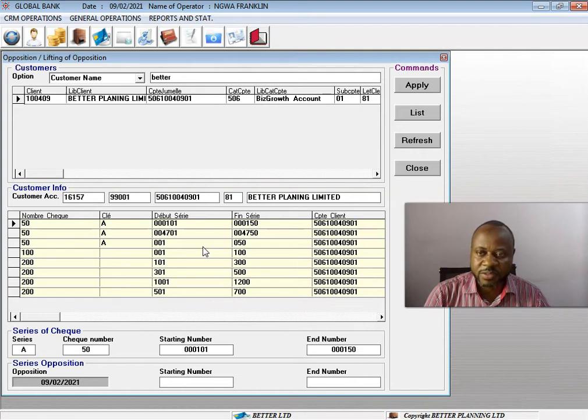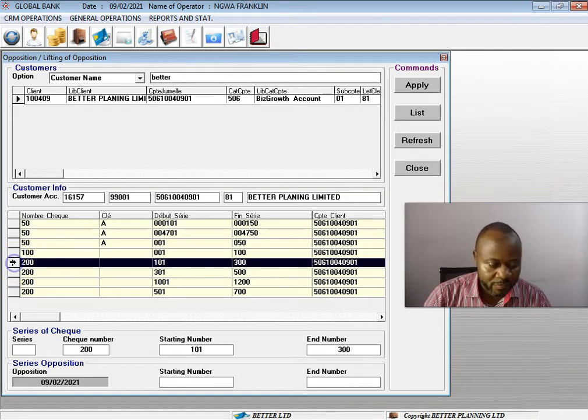So what we do is we're going to have to pick a checkbook. For instance, we're picking this checkbook and we are going to stop payment on a specific check from this checkbook. Now, within the global bank application, there are two ways to handle that. The first is right here, we're going to pick the check booklet, and this check booklet has 200 checks. And so we want to, for instance, stop payment on check number